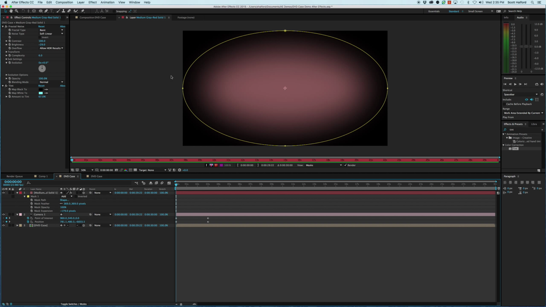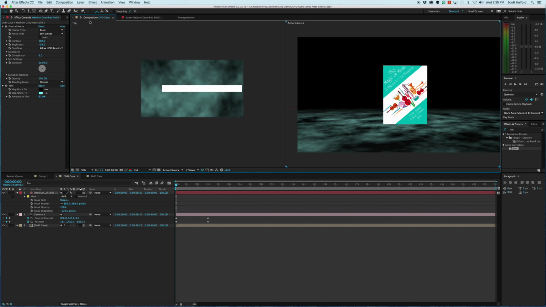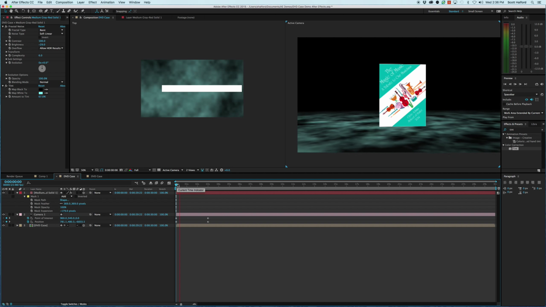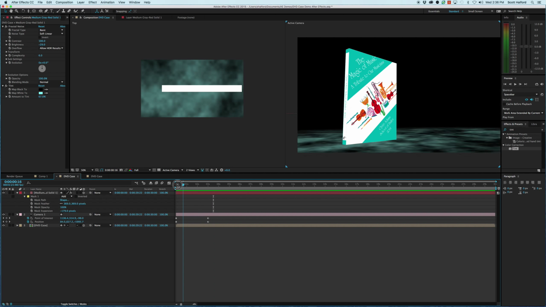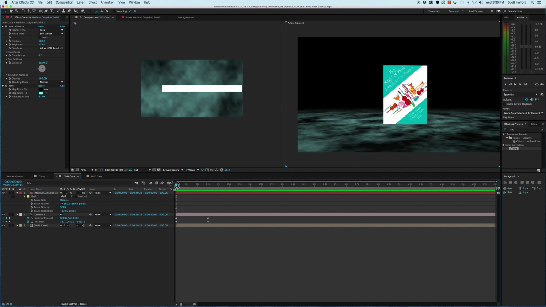Now that I've got this mask on here, if I go back to my composition, it's now fading away toward the end. So that's pretty cool. I got this cute little animation happening. Okay, now let's do a